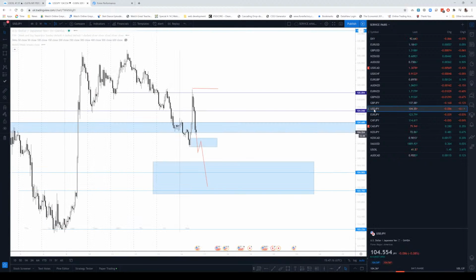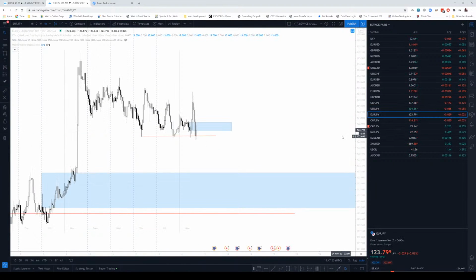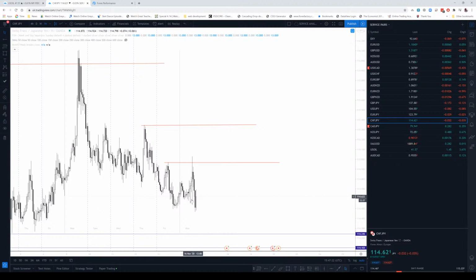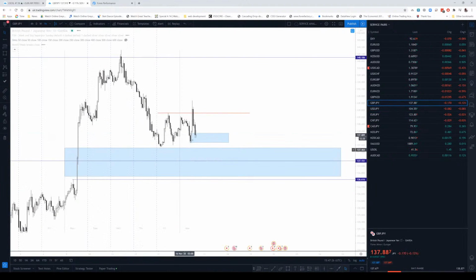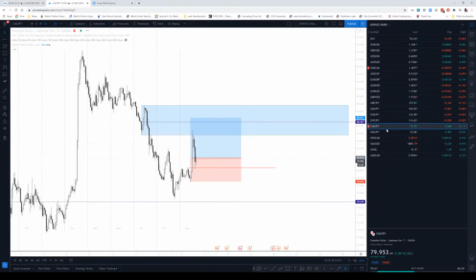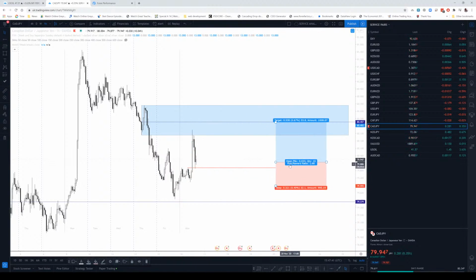Okay, the other ones, they've broken, especially this one has broken down, this one is also broken down, that is also about to, pound yen is also about to. So at least it's not going to go up, maybe sideways, but not up. So expect this to come up here. If it doesn't and it breaks this low, then you know what to do. Let me put this one aside. If it breaks this low,